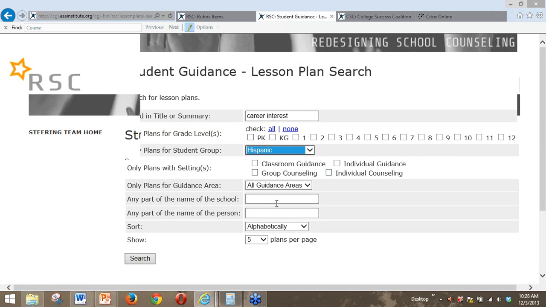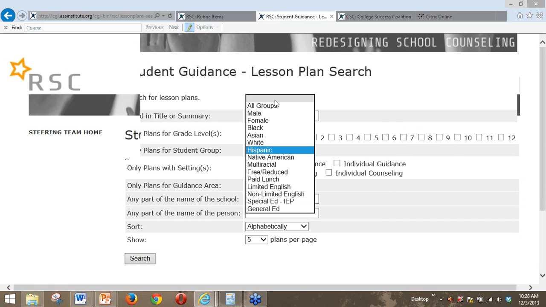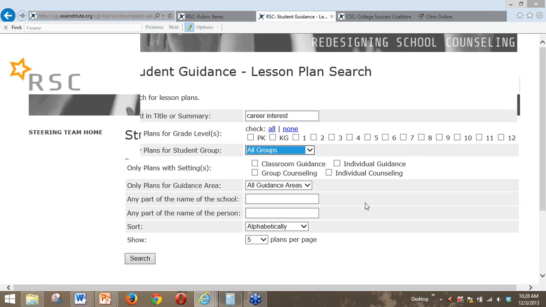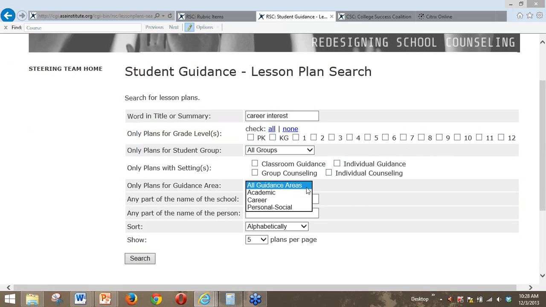So I want to see, is anybody doing career interest inventories with Hispanic students? Or I could say I just want to see group counseling activities or classroom guidance activities or individual guidance activities. I may want to see only activities that deal with careers. Or if this had been more broad, you could narrow it down here.